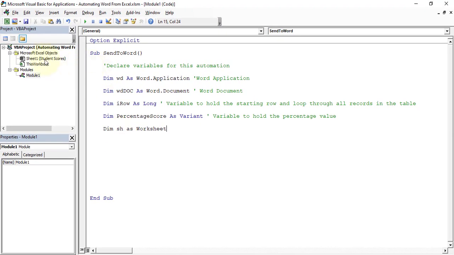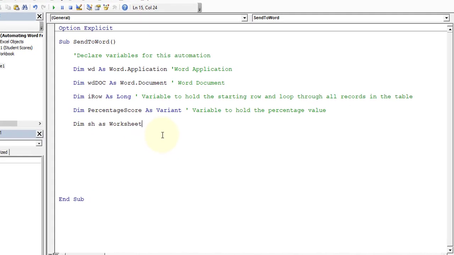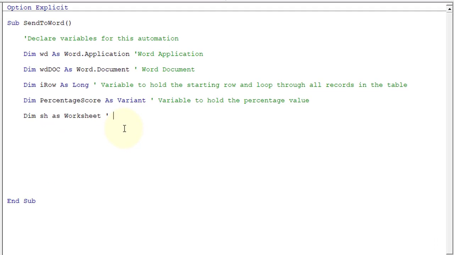So we will refer to this particular worksheet with the help of the variable sh. Okay, so let's put a comment: worksheet variable to refer to the sheet where we have stored the table. Okay, so now we are done with the variable declaration. Let's start